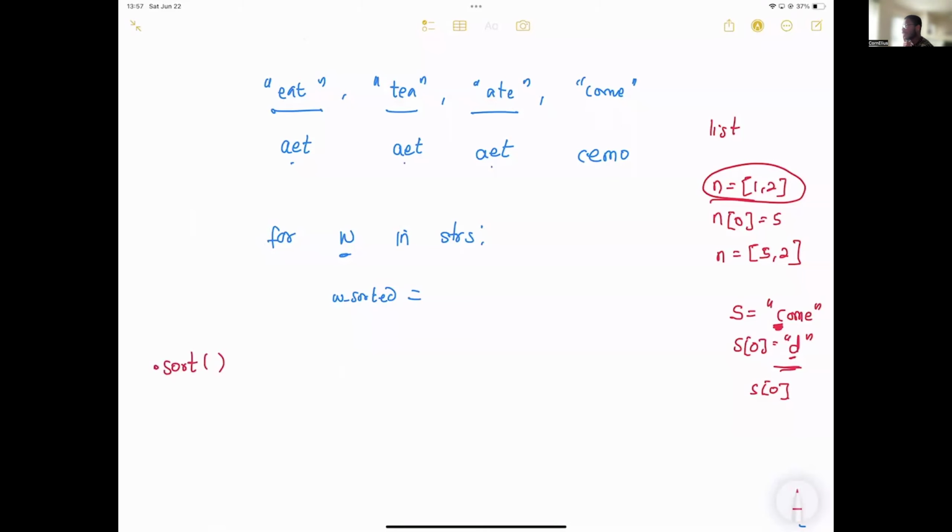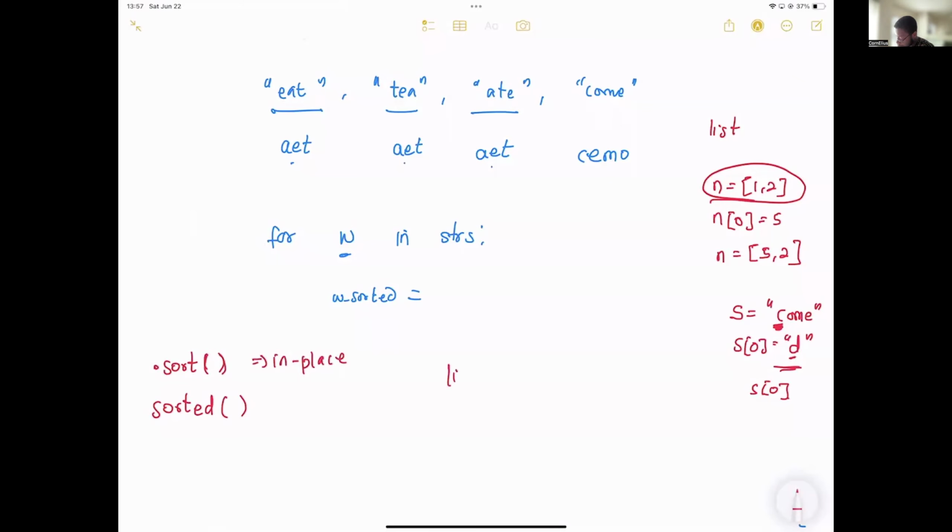So we have dot sort. We also have another one. What's the other one? Sorted. Good stuff, we have sorted. Now listen to me carefully. One is a method. Forget what that means for now, but these are their signatures. Dot sort does it in place. What does in place mean? In place means that you can only use dot sort on mutable types, right?